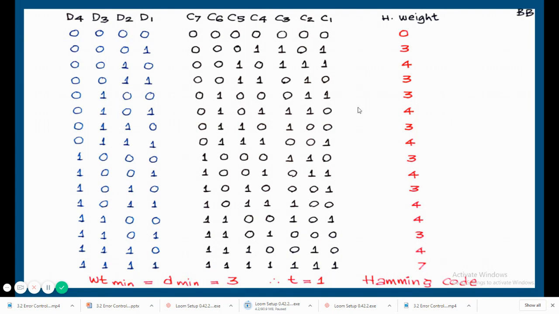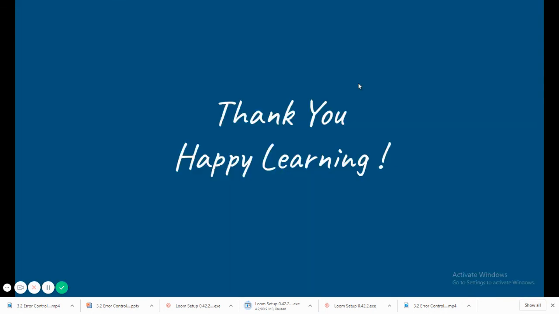For a 7,4 Hamming code, this also you can verify. Out of these weights, the weights will always be like this: 7 code words we will generate with weight 3, and 7 code words are going to be generated with weight 4. So when you count, there are 7 3s and 7 4s. So 7 plus 7, 14. Then one weight will be 0 and one weight will be 7. So these are the 16 code words. Maybe your answer can be checked with this procedure. Thank you.